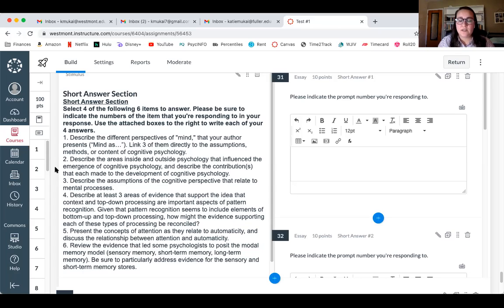For mental processes, this one I think was pretty straightforward. You all did pretty well on this one. So you could have said things about mental processes being key to understanding behavior, that the primary goal of cognitive psych is to understand human mental processes. Humans are active processors. What the scientific method brings to cognitive psychology in terms of studying mental events, and this idea of the focus on mental events and specifically cognition.